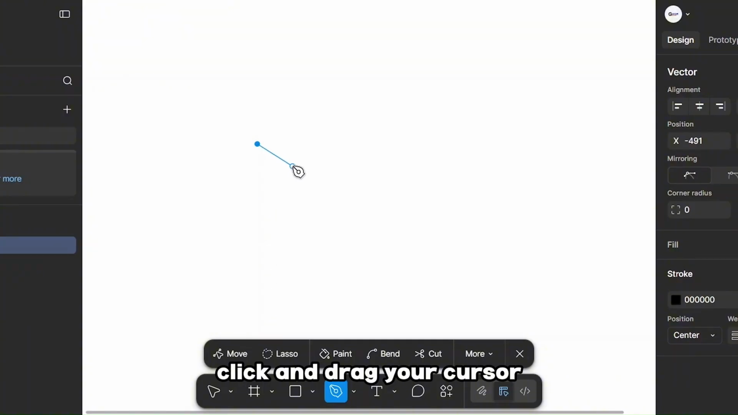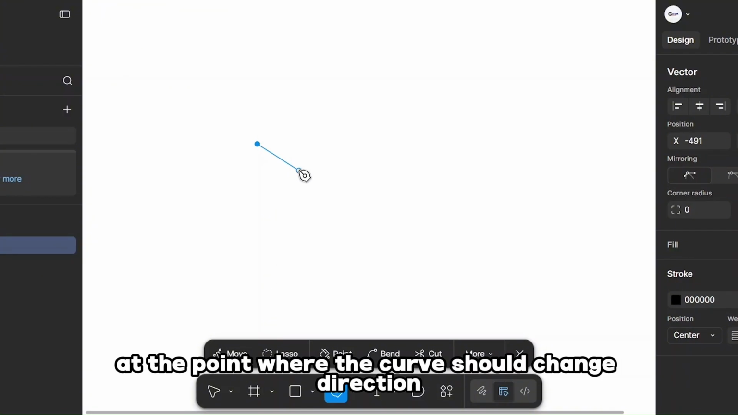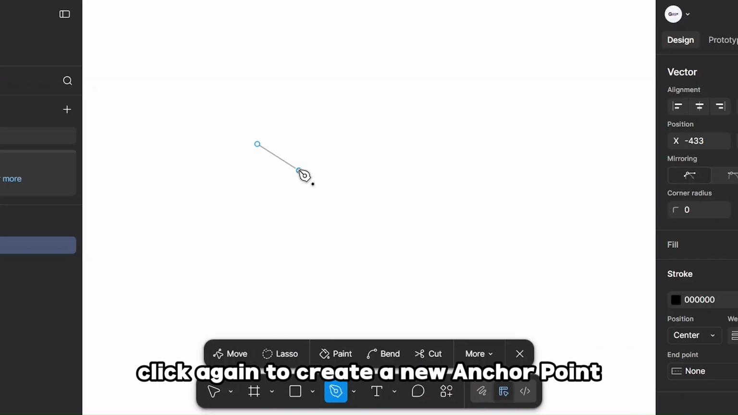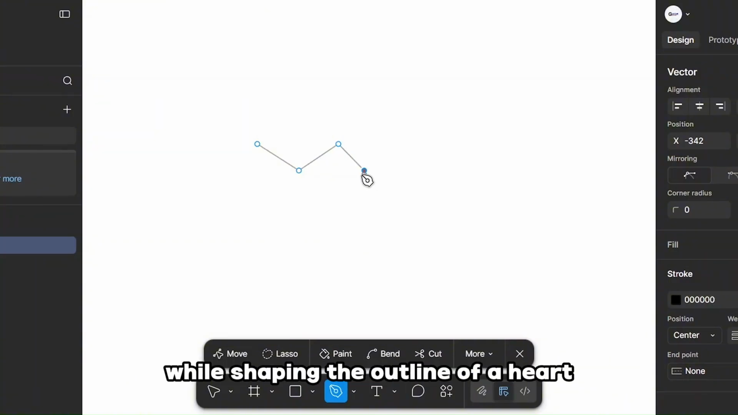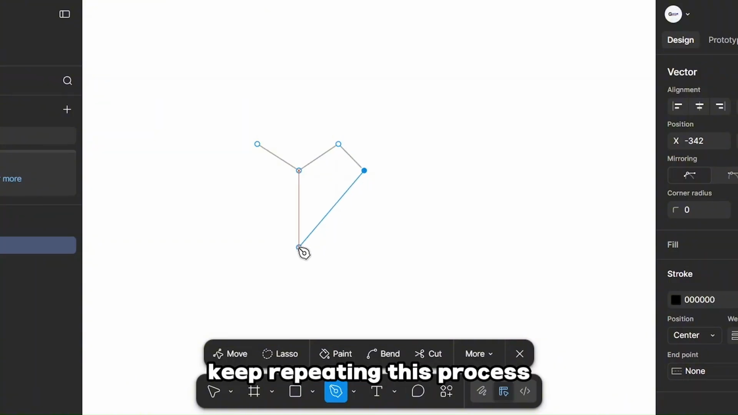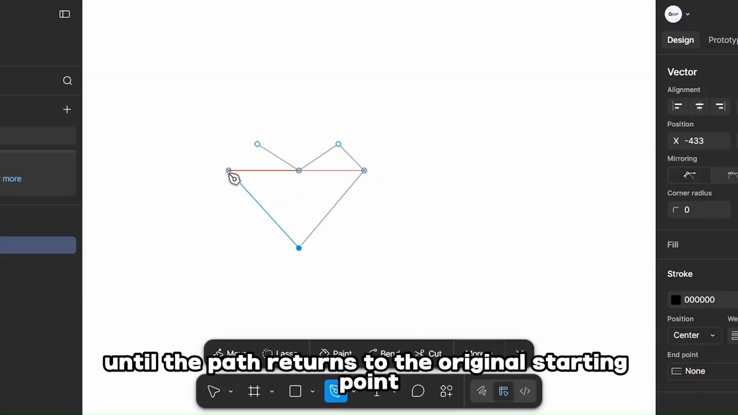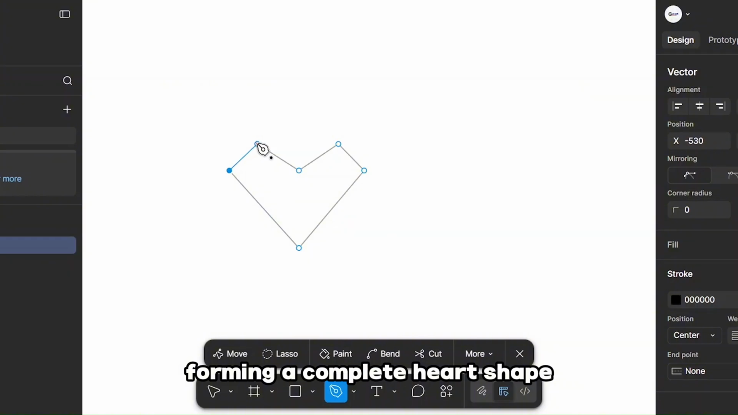Click and drag your cursor to create the first curve segment. At the point where the curve should change direction, click again to create a new anchor point. Continue placing additional points around the canvas while shaping the outline of a heart. Keep repeating this process until the path returns to the original starting point, forming a complete heart shape with sharp